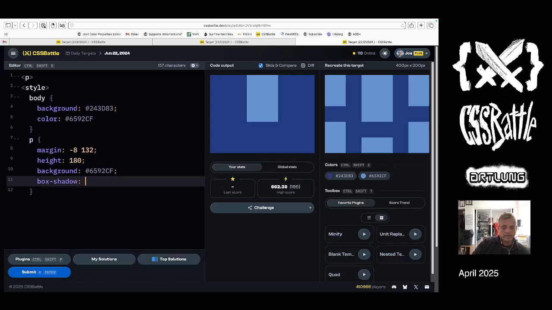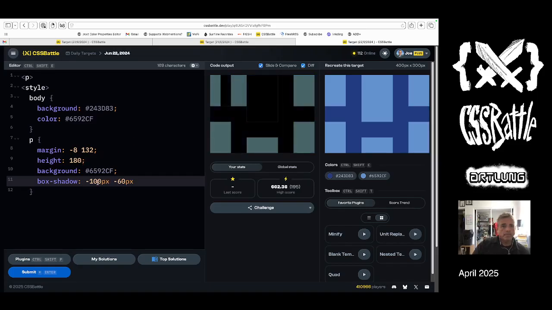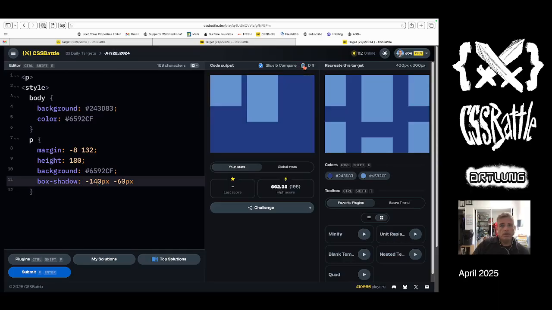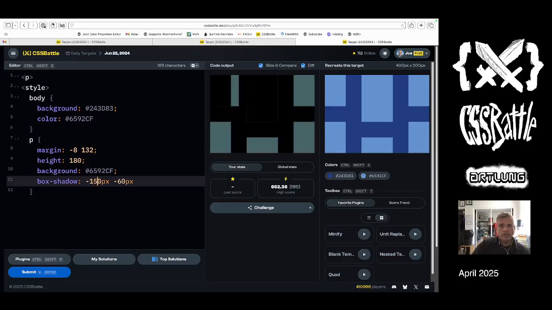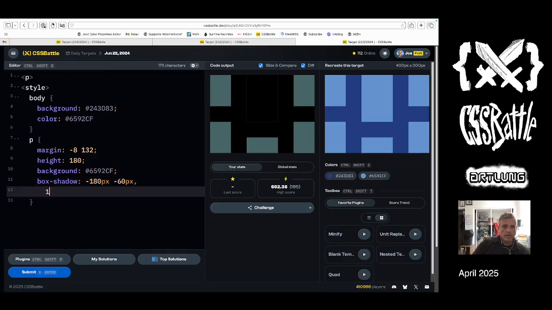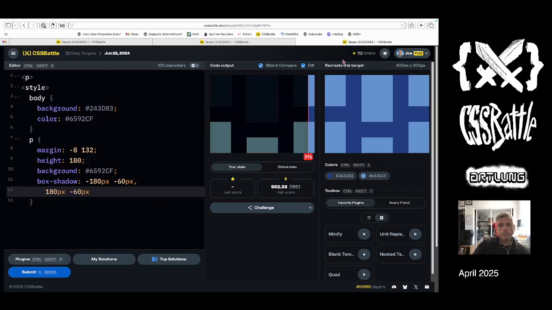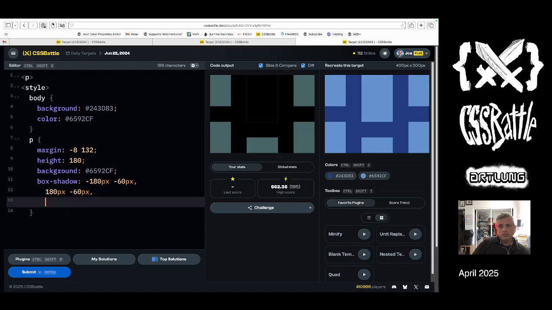So let's do the top left one first. -100 pixels, -60 pixels, something like that. 120, 30, 40, 50, 60, 70, 80. And so probably 180 pixels, -60 pixels is the next one. Yep. That's another box shadow. And then probably,